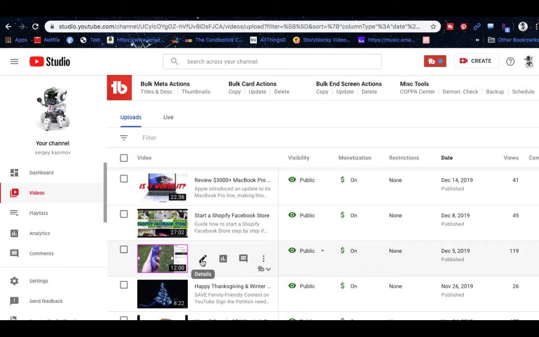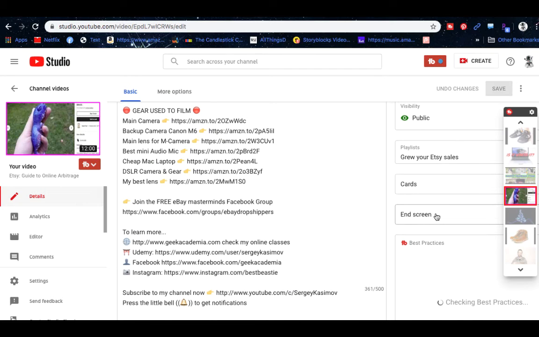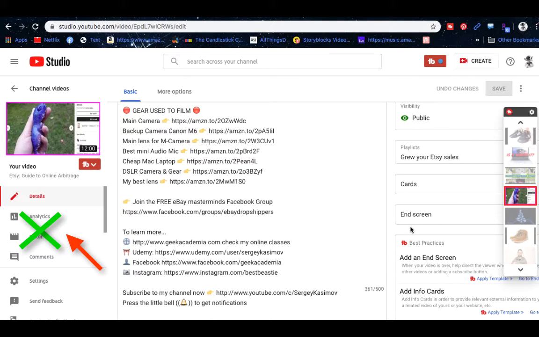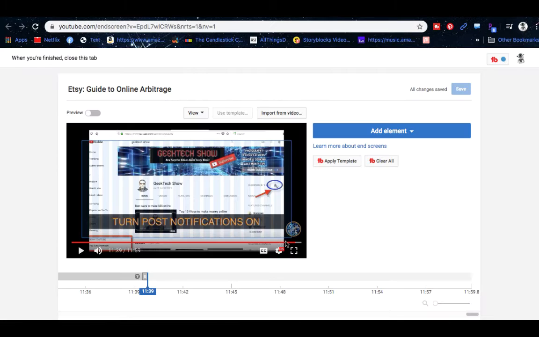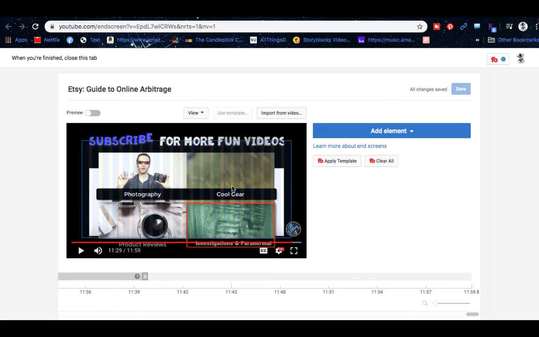And all you have to do is press on details. Instead of pressing on the editor, we are going to go into the second location where we can do the exact same thing over here. It's called end screen on the side of the menu. Now, another thing you can view right here, right at the end of my video, I have my own end screen